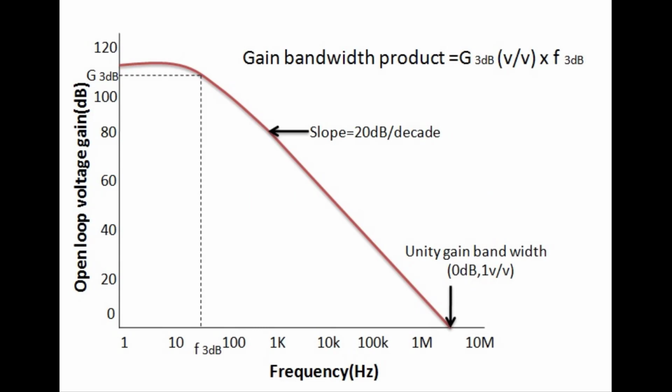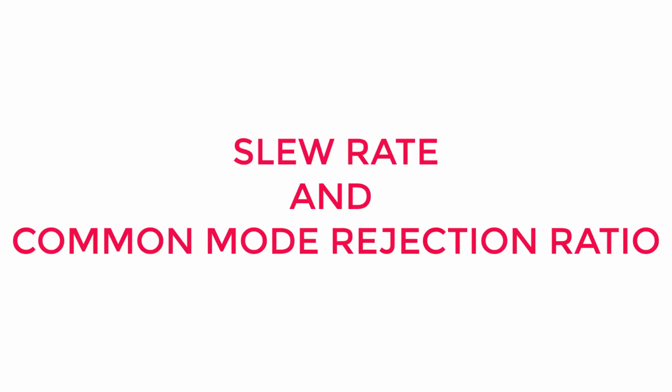Infinite bandwidth. The meaning of infinite bandwidth is that the operational amplifier must support all frequencies, ranging from 0 Hz to infinity. Besides these characteristics, very important characteristics of operational amplifier are slew rate and common mode rejection